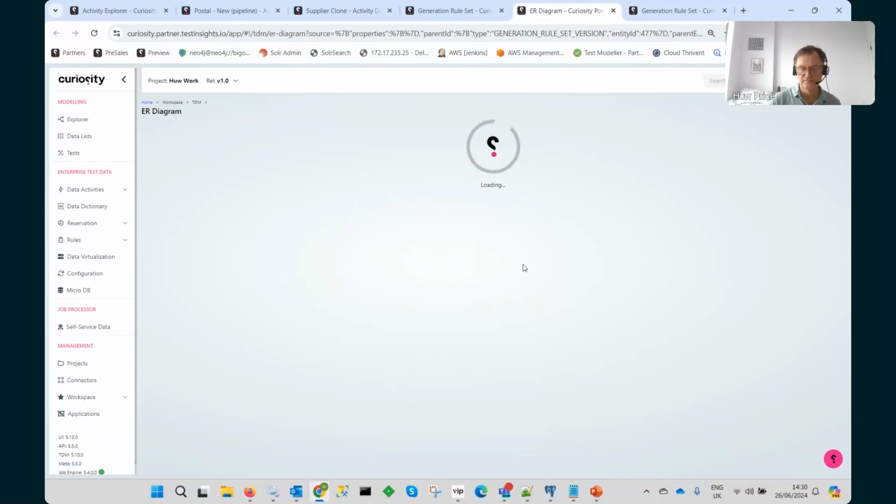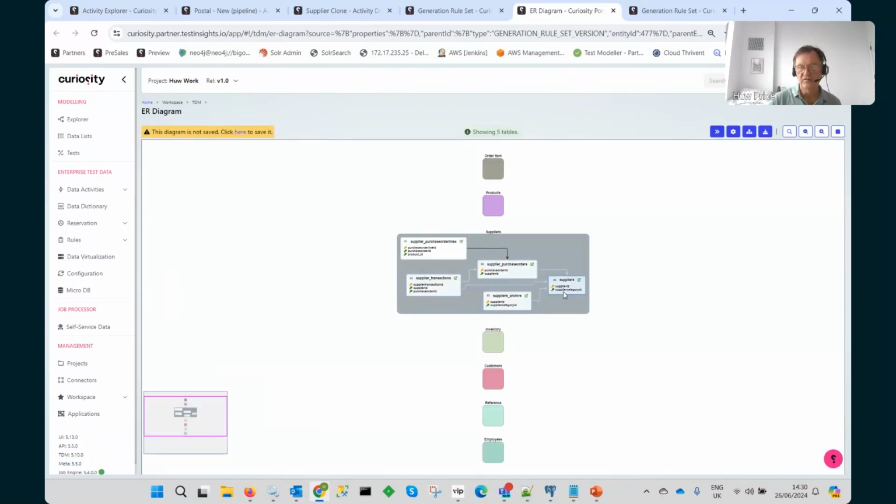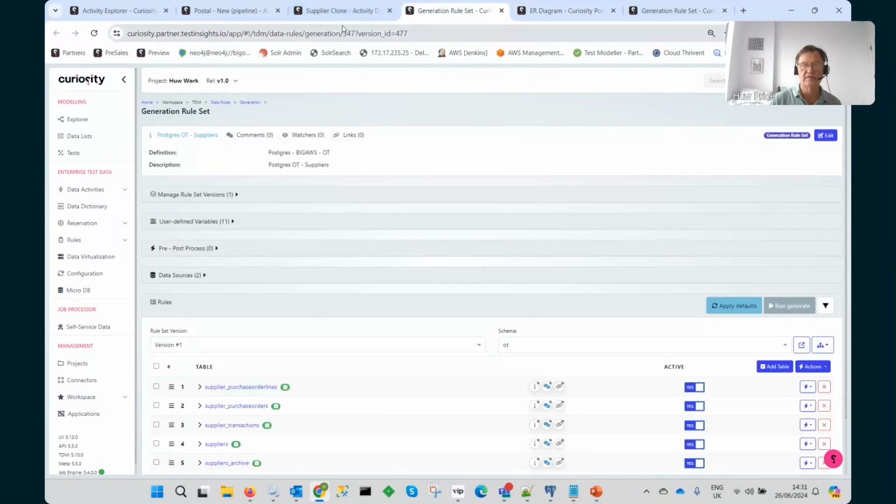If we look at the diagram, basically we've got suppliers, supplier categories, archives, etc. And what we want to do is basically recreate these. This is 5 tables. Normally, it could be up to 10, 20, 30 tables in a typical user scenario. And what we'll do is, when we run that job,